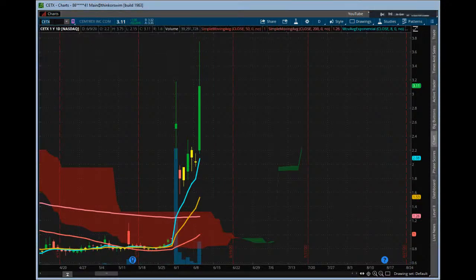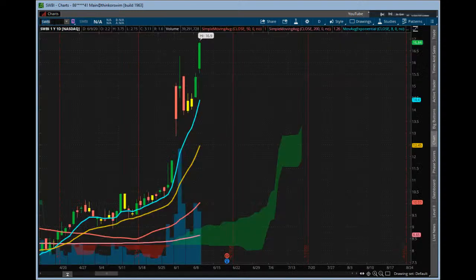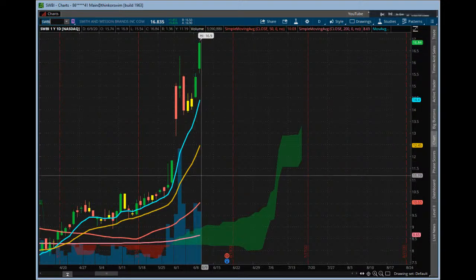So good. CETX, yeah, big move on that one. Good volume that came in today. Upper shadow on that one. A little bit of a cheap one, but nice find on that. SWBI. Again, good one there too. Nice move here. This is even before earnings, so that's looking pretty strong right there. Again, Smith and Wesson, it makes sense, right? After all the shenanigans here.